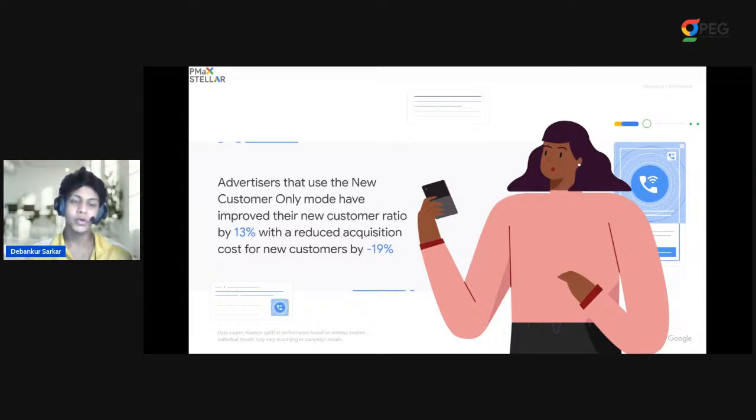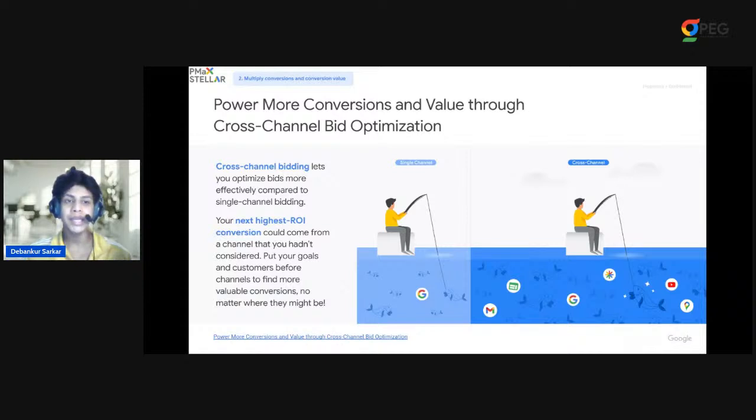It's also important to note that this data reflects average uplifts based on internal studies, and individual results may definitely vary depending on specific campaign details and your unique market. But then it clearly demonstrates the potential benefits of leveraging PMax campaigns to strategically target and acquire new customers for your business. Now we'll quickly move on to the